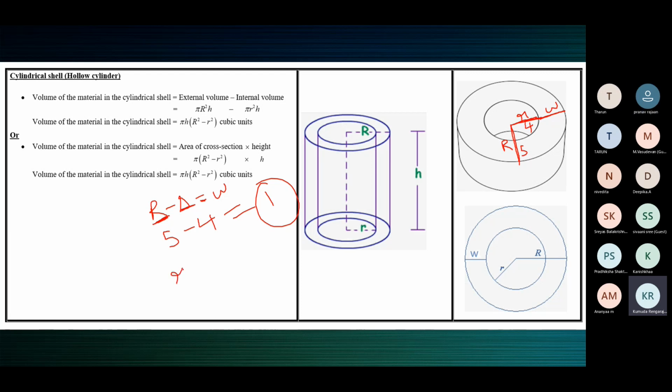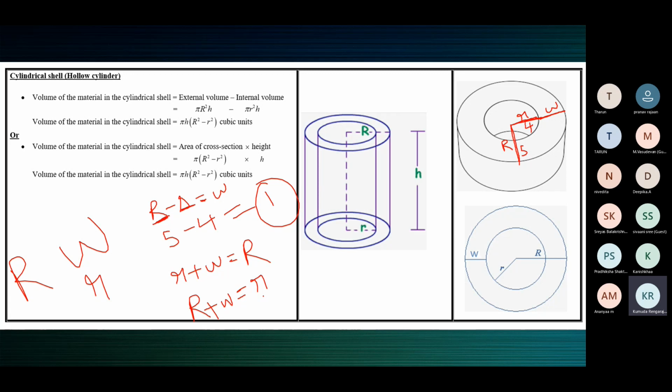Now, what is the inner radius plus the thickness? If to the inner radius you add the thickness, what will you get? Outer radius, ma'am. Now, how can you express small r in terms of R and W? Ma'am, R plus W is equal to small r. Oh, capital R plus W, is it? Capital R, imagine, see the figure there. Capital R, you should add W and you will get small r.